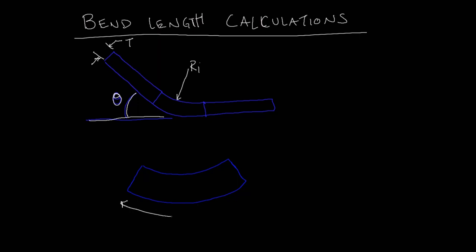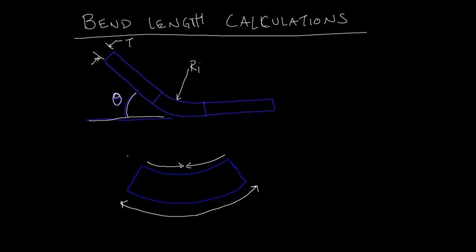So the forces within the material are going like that. And on the inside, you have compression, like that. So if the outside is pulling or in tension and the inside is in compression, at some point